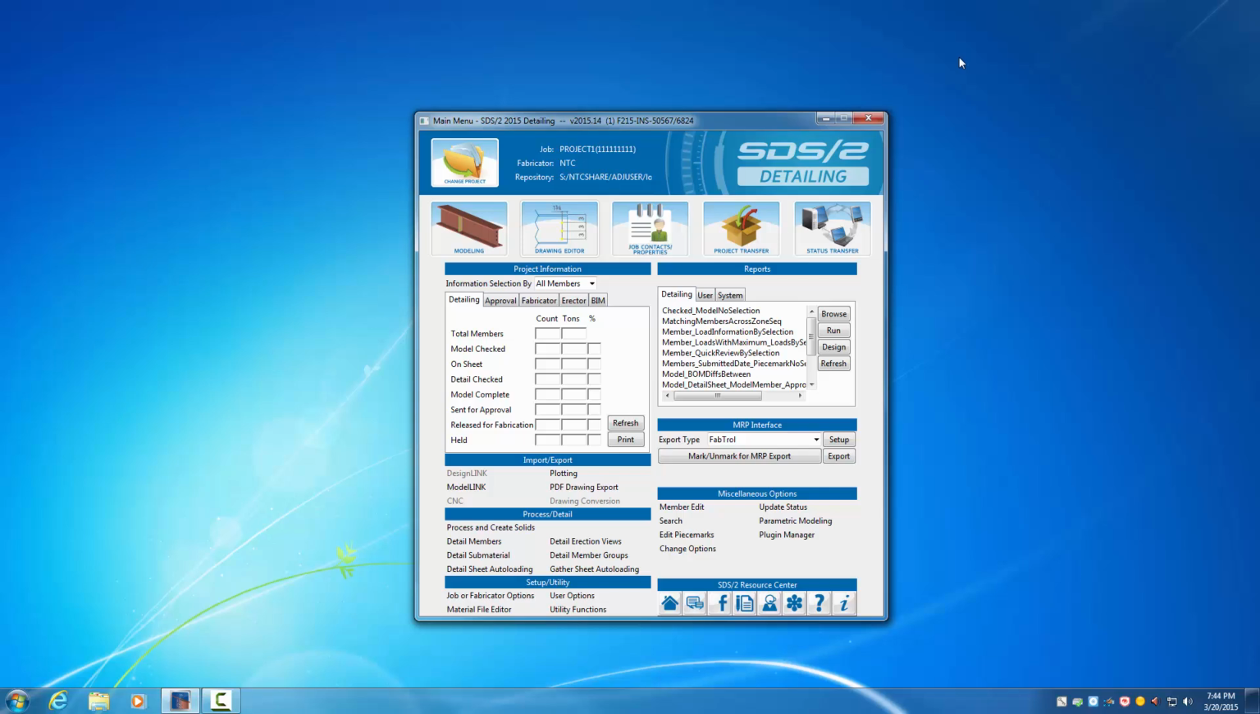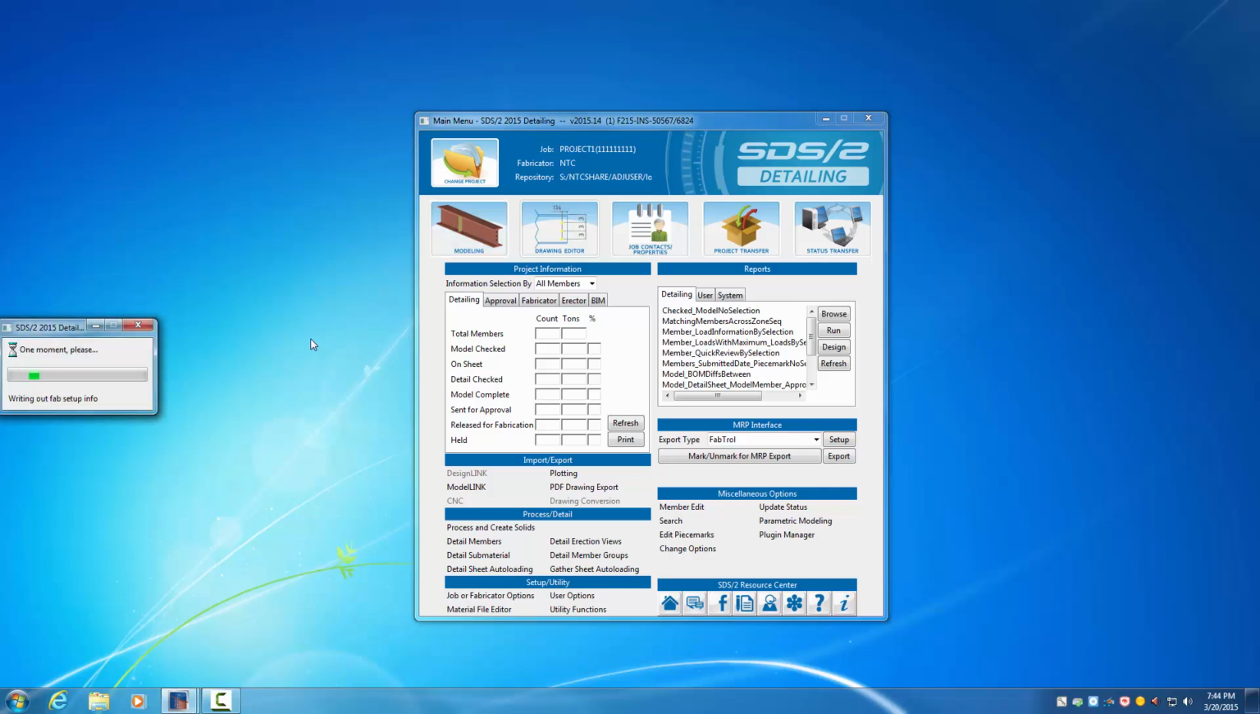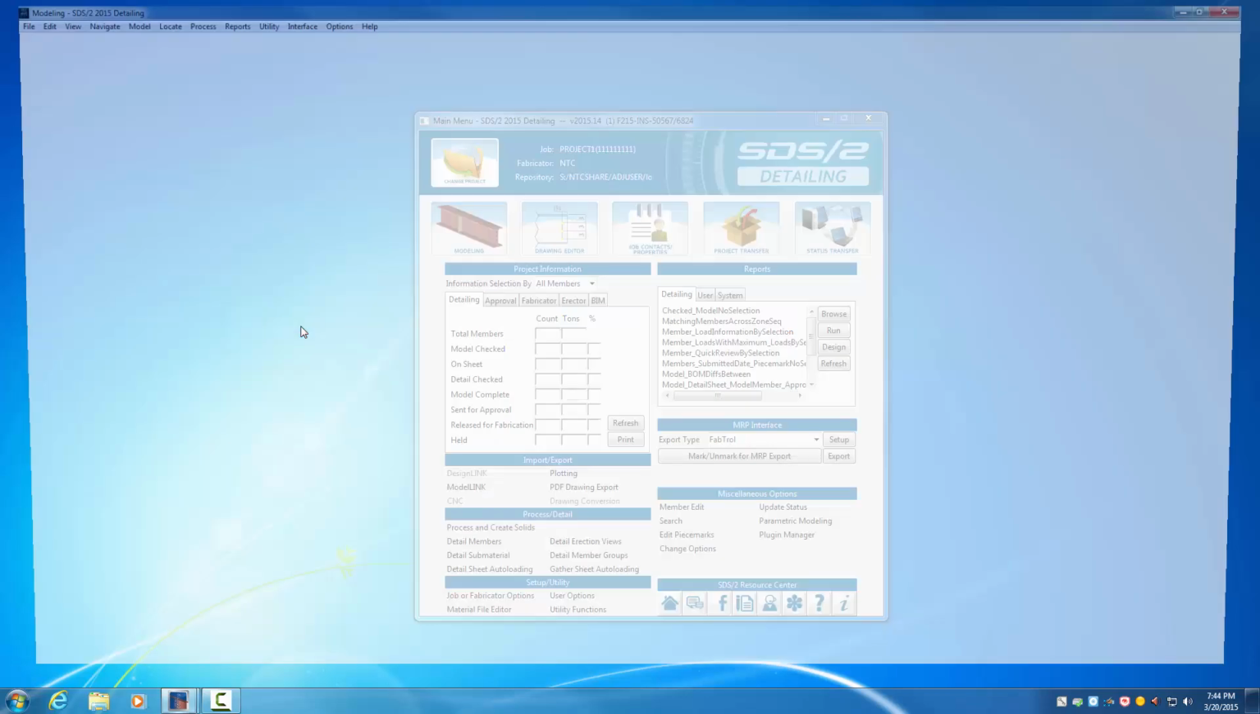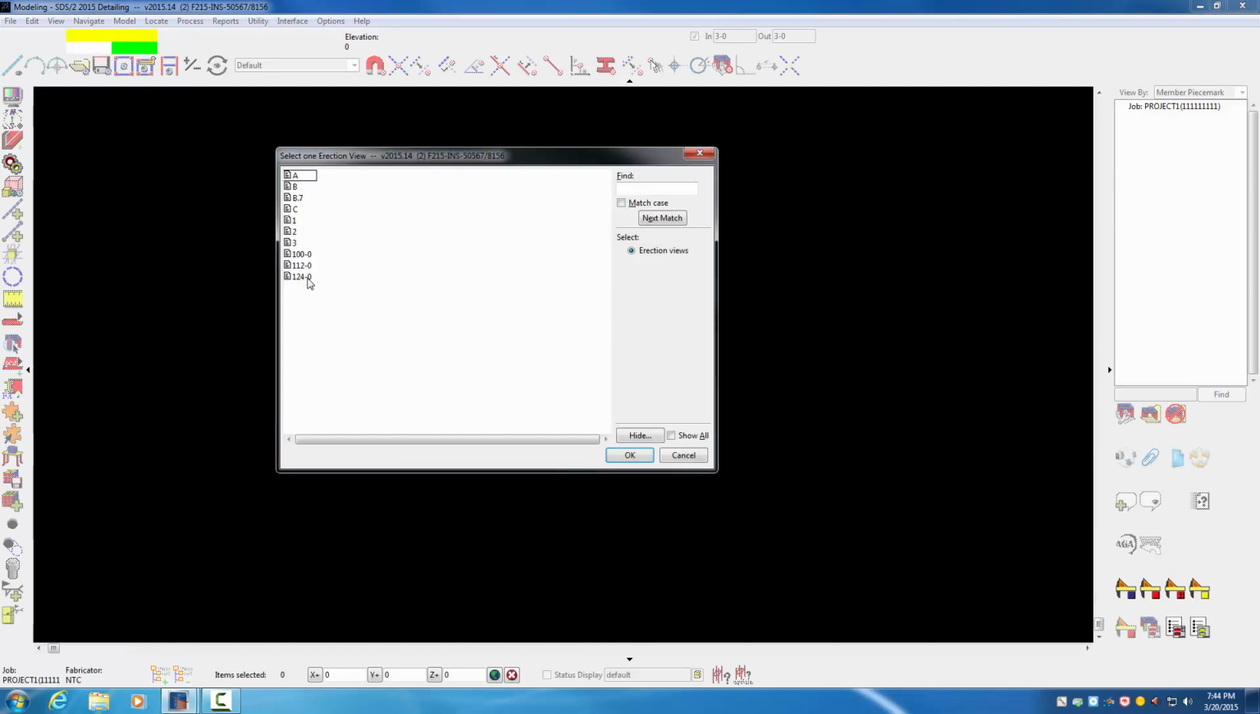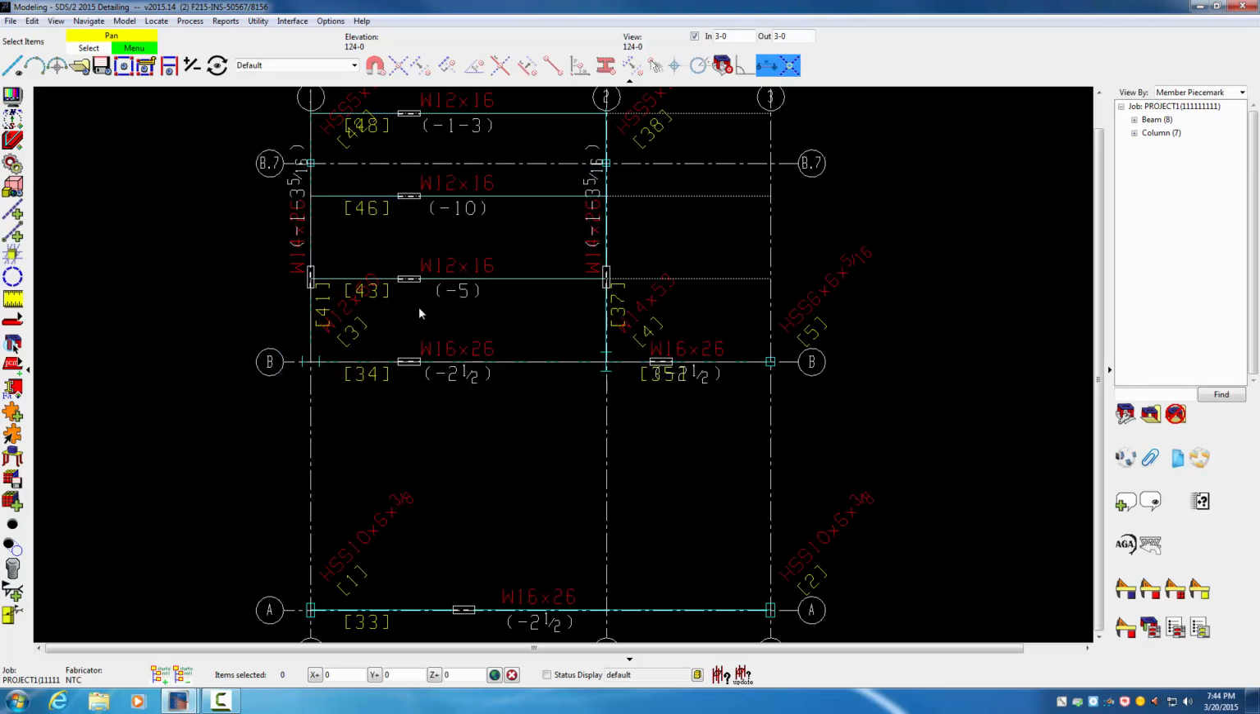Next we will add in the bar joist for this project. So let's go back into modeling, and as modeling is loading up, let's go to your sheet S2 for project 1 and look at your roof plan at elevation 124. So in your model here we'll pick 124 elevation,